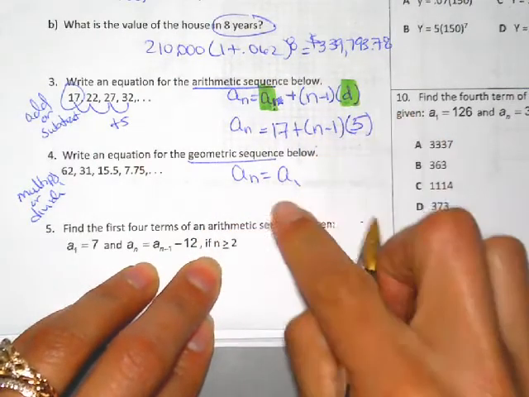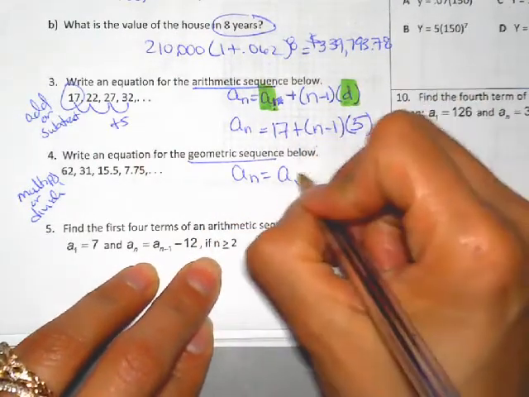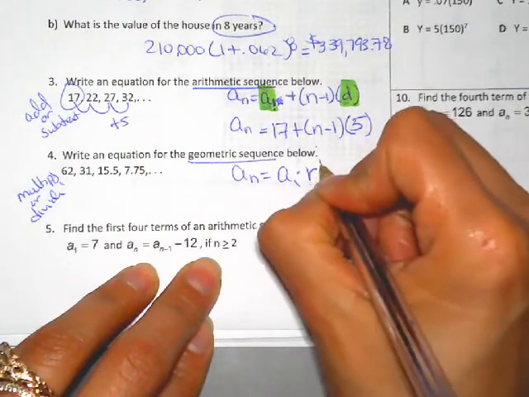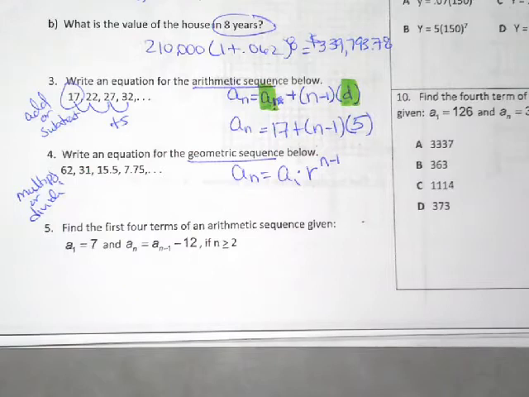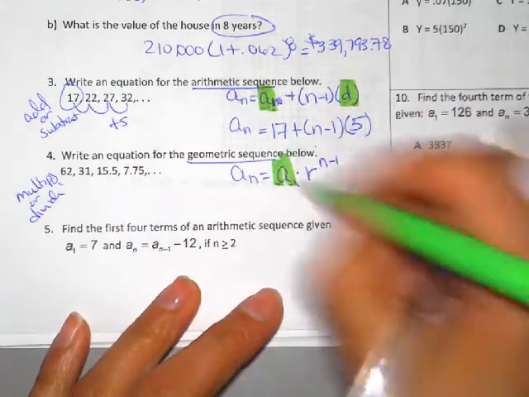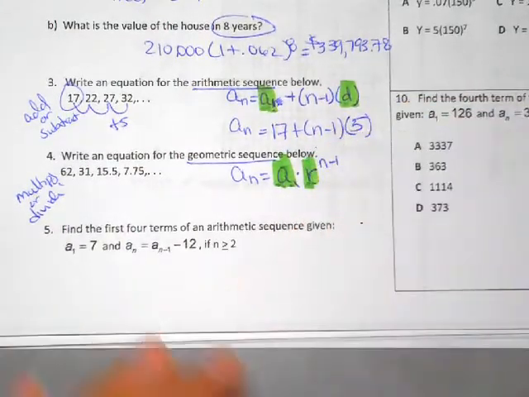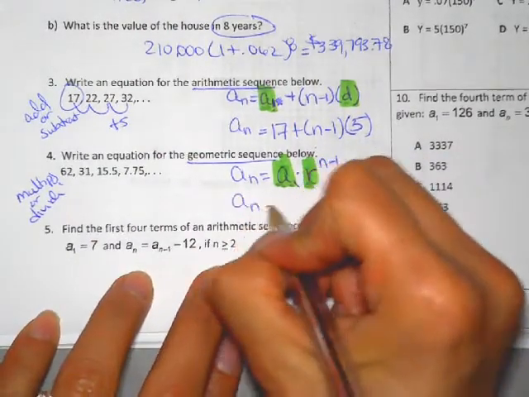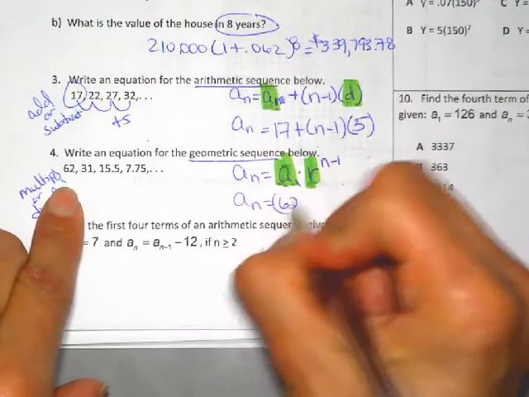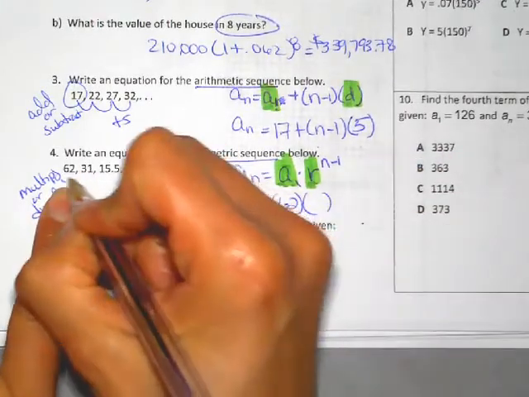It also starts with a sub 1, and then we multiply by r raised to the n minus 1 in the exponent, where we need to find a sub 1, which is just the first number again, and r is our ratio, common ratio. So a sub 1, easy, first number, times the ratio,